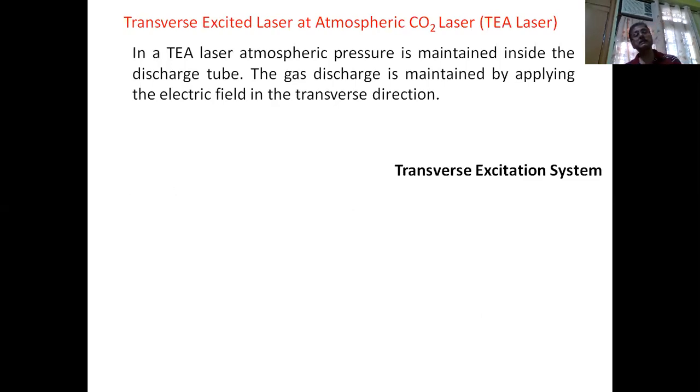Now, the transverse excited laser at atmospheric pressure. This is also called a T laser. In a T laser, atmospheric pressure is maintained inside the discharge. The pressure can be up to 1 atmosphere or greater than that. The gas discharge is maintained by applying the electric field in the transverse direction, as we can see in this